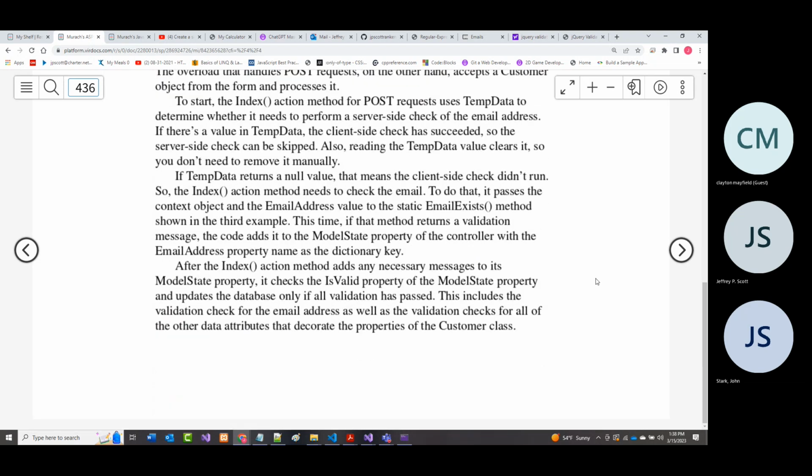I mentioned to you some of the problems with working with emails, and I showed you that example where it even said, on the HTML5 patterns, don't try to come up with a pattern. You can. I've gone out to Stack Overflow and looked at different patterns. Some of them are unbelievably long, for lack of better words.